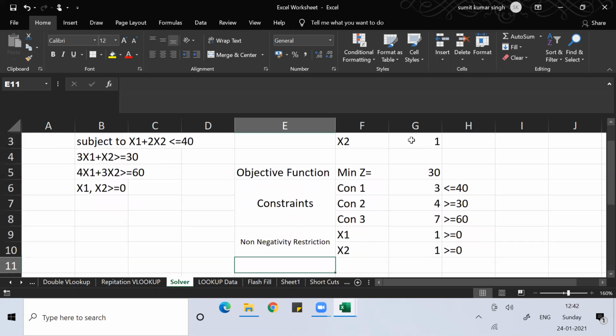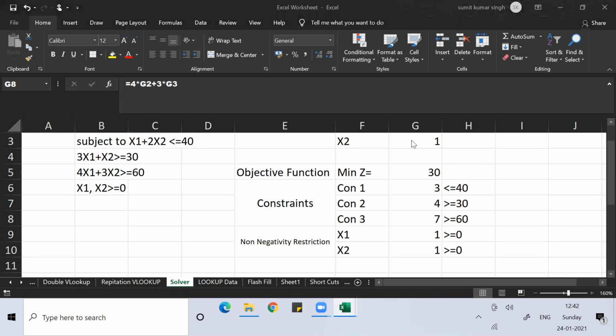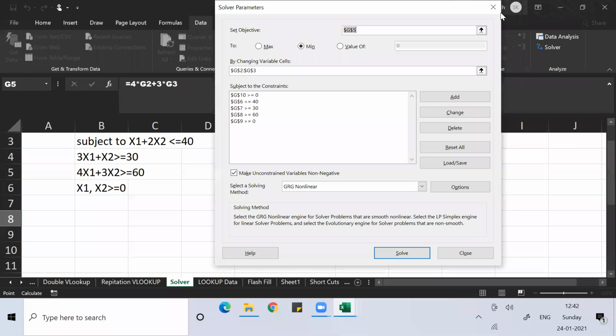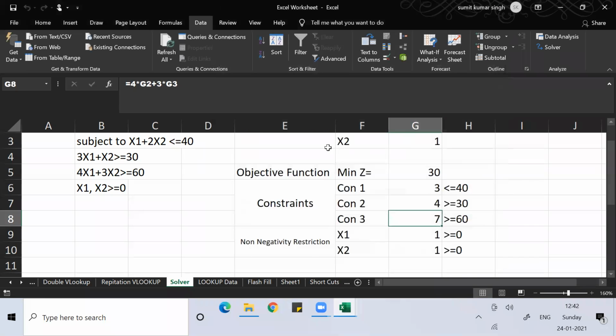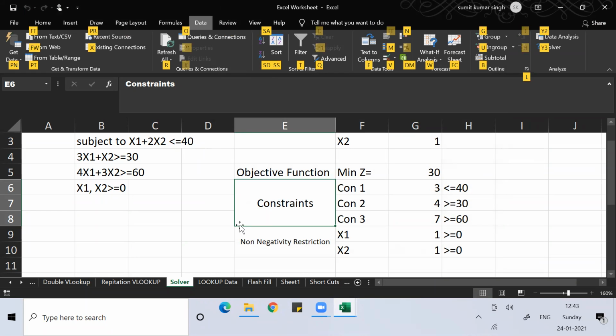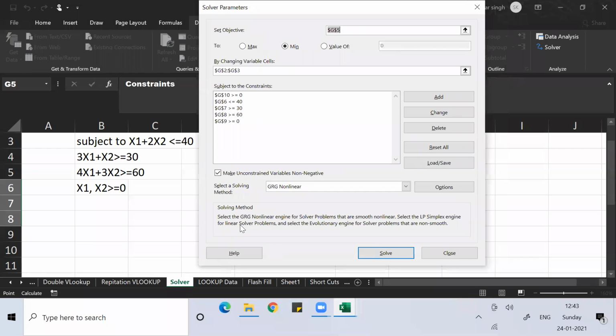So you can use them, and ultimately once this building of the equation is done, you can go to Data, and under Data go to Solver. What would be the shortcut key? Frankly speaking, I don't know what the shortcut key is. So I simply press Alt. If I press Alt, what is the shortcut key for Data? A. I'll go under A. You can see Solver is visible as Y3. So I go to Y3.